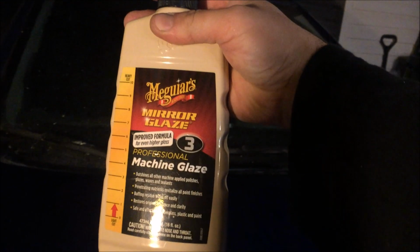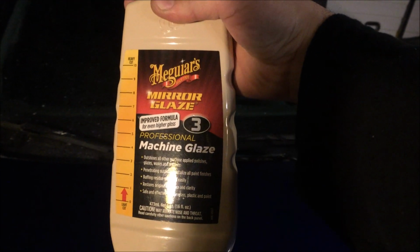Okay guys, so I went ahead and buffed it for about 5 minutes with medium cut mirror glaze Meguiar's buffing compound, and I wiped it off. So next we're going to be using this one here, Meguiar's mirror glaze, machine glaze professional light cut. As I was saying, we're going to shake it well. So we'll go ahead and